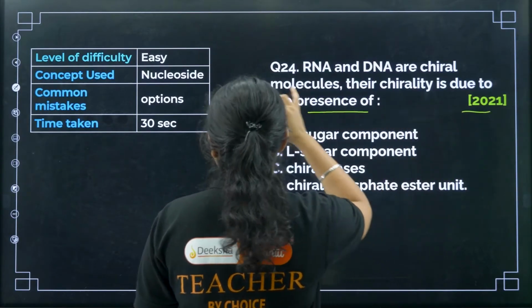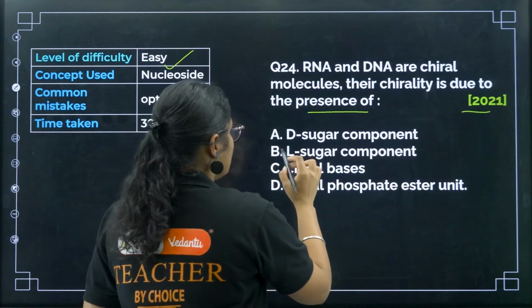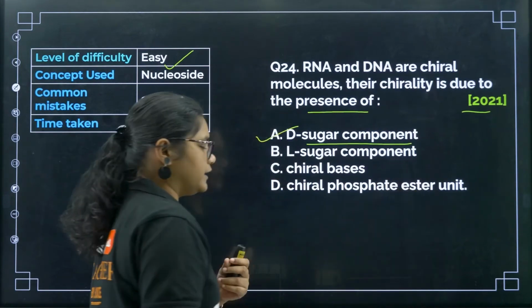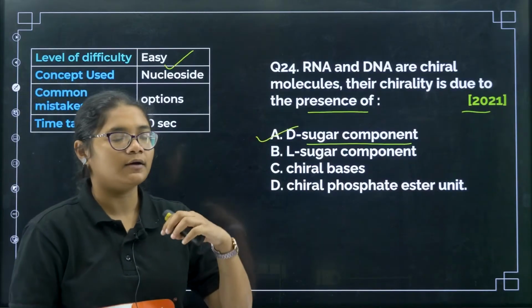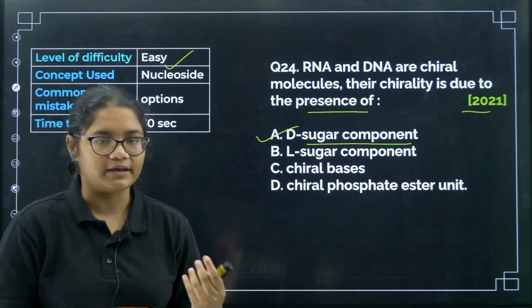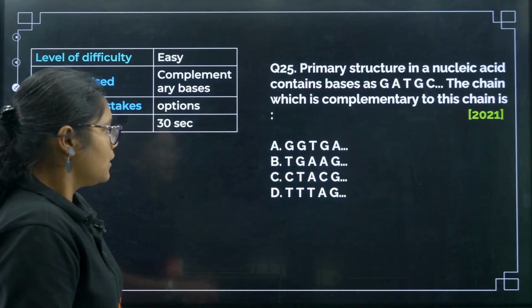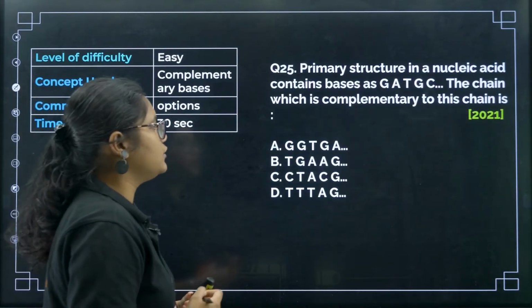So 2021 question, again an easy question here. This is because of D sugar component. The sugar components are chiral molecules, so that is why the overall nucleic acids are also chiral molecules. Okay. Next, primary structure in a nucleic acid,